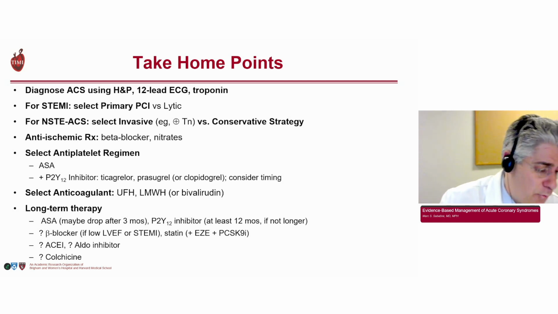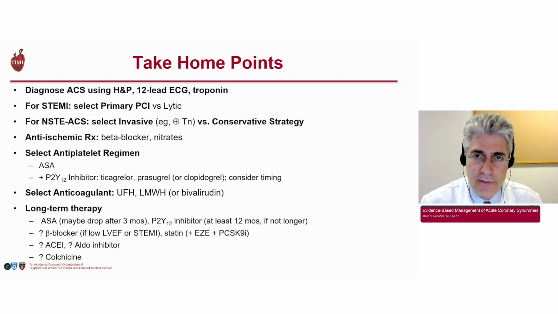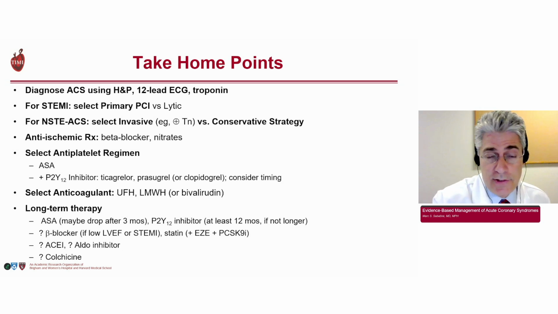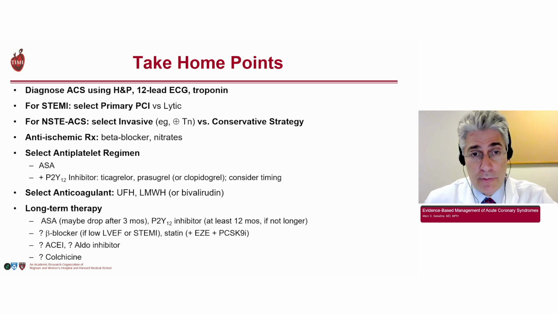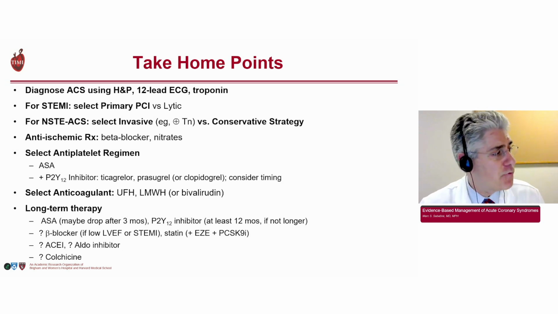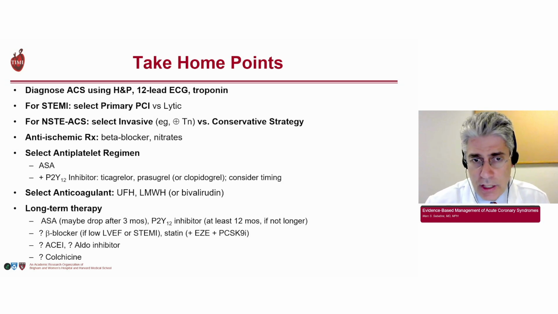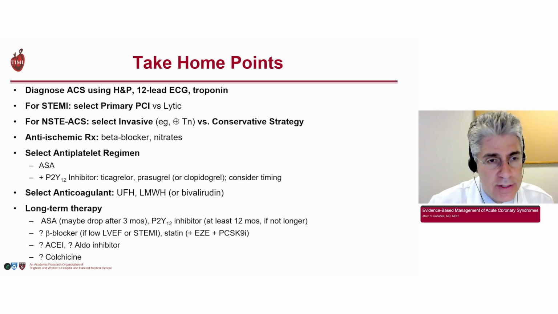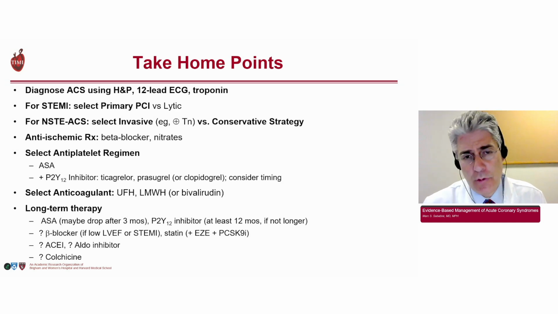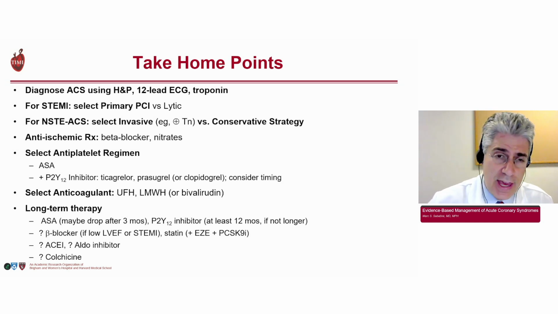So take-home points, because I want to leave a few minutes for questions if time permits. Diagnose acute coronary syndromes using obviously history and physical, 12-lead ECG and troponin. Keep in mind, especially for patients in hospital, that can be tricky. There can be quite a long delay because people are anchored to what their presenting diagnosis was. For STEMIs, we typically will do primary PCI. If you can't do that at your institution or transfer them to a facility that can, then you want to